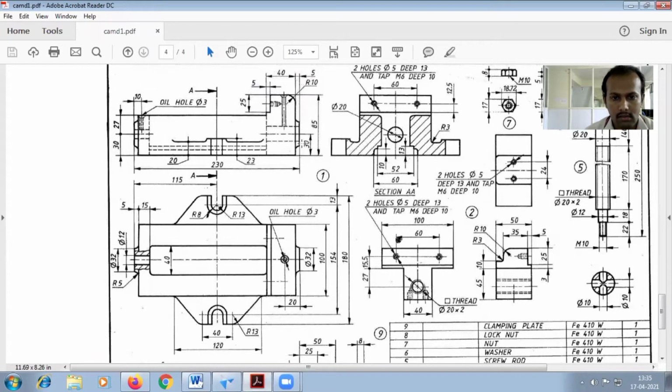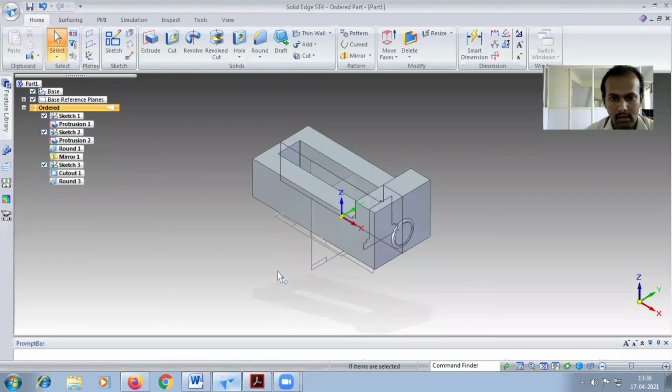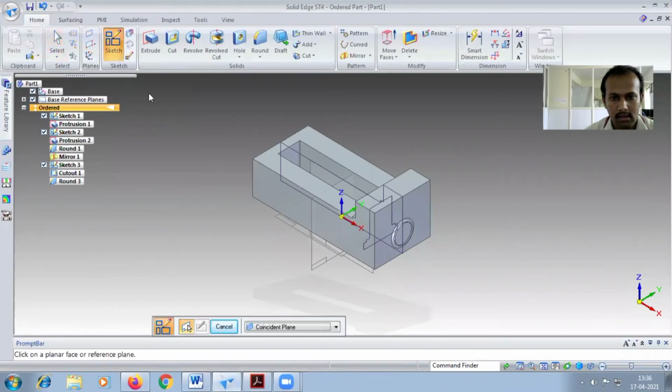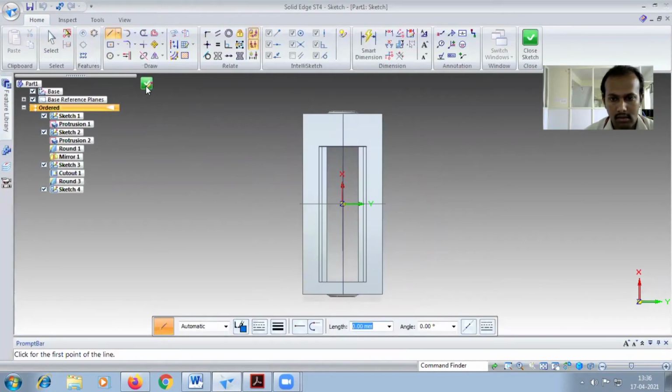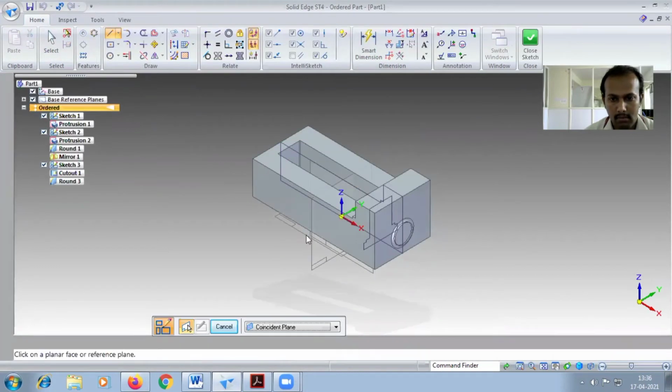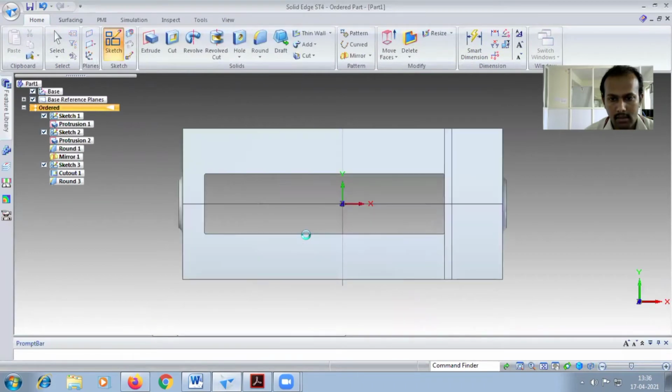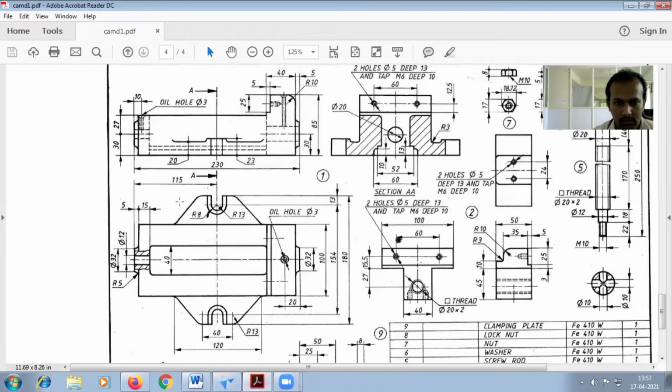So next, the hole is given. Okay, before the hole you have to go for another addition part. In the top you can look at this one, top and bottom both have the same dimensions. Okay, so what is the dimension? You have to first choose the base part. Okay, choose the base part. If it is rotated like this, undo that one, close sketch, choose the base plane. Okay, so now the diagram has clearly come.